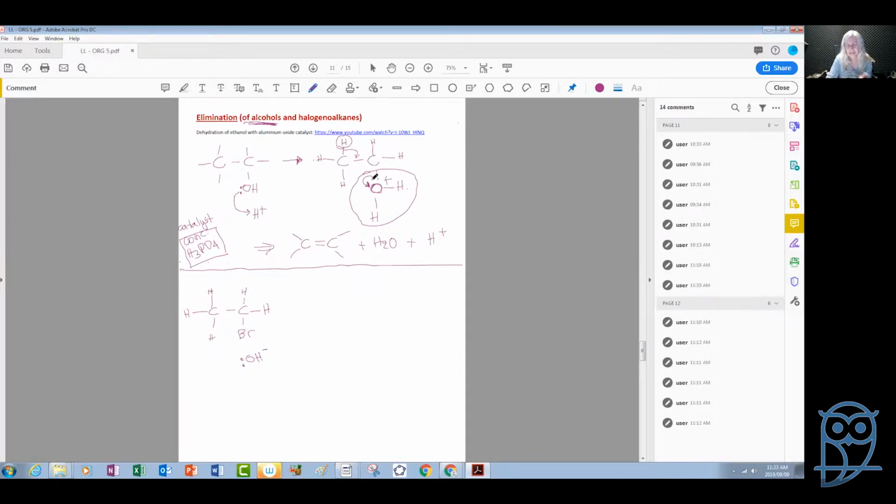The result would be the formation of this alkene plus the water that left the initial alcohol, and this proton,